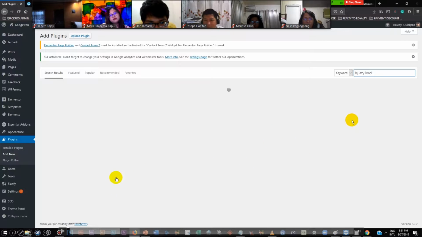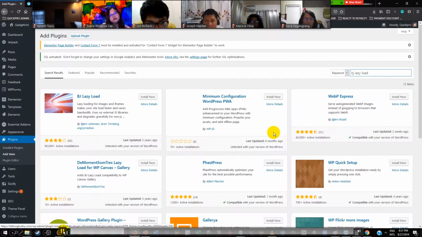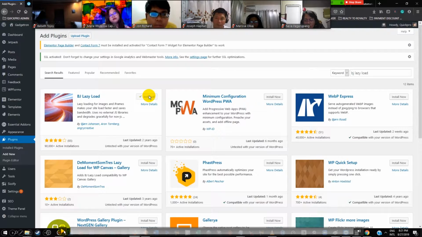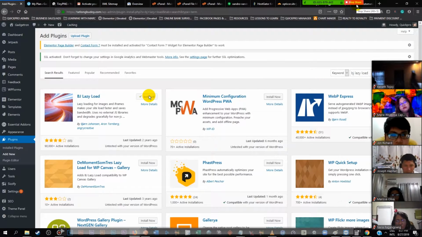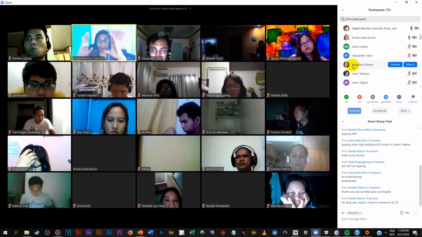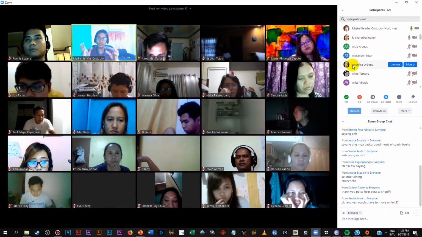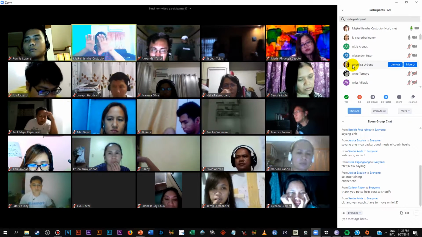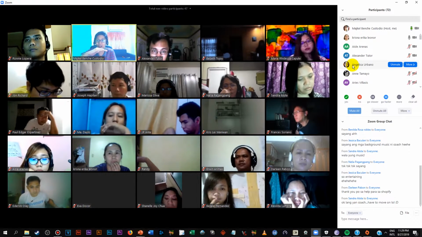BJ Lazy Load is going to hasten or increase the speed of your loading time by loading the first images on top. What do I mean by that? For example, when your website loads, have you noticed that when you load Facebook, the first image that loads is the first one in your feed, but the ones below haven't loaded yet?